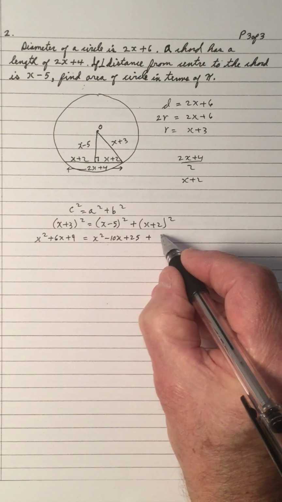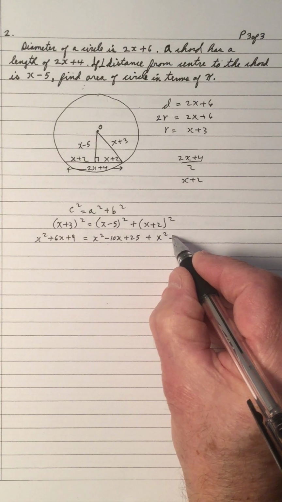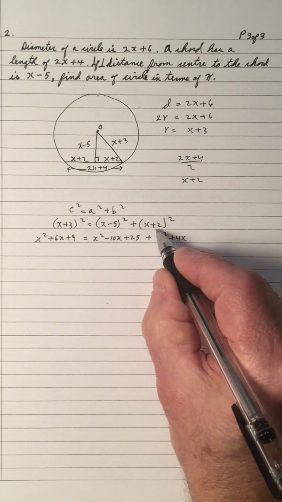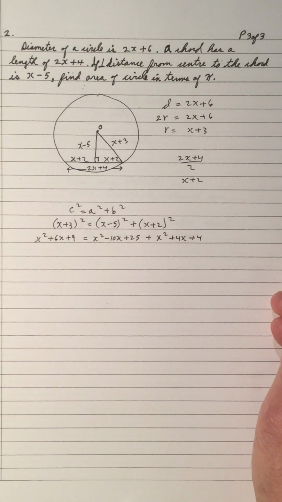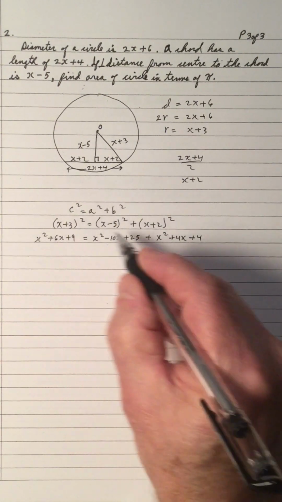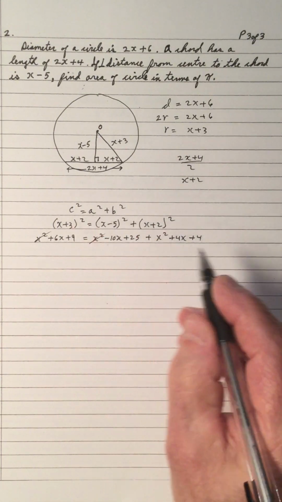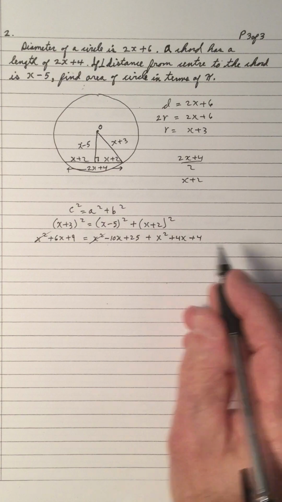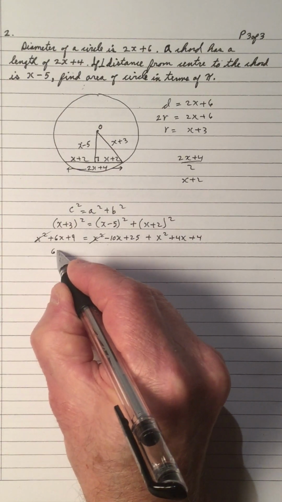Plus, square this one, take the x and square it. The product is 2x doubled, 4x, and plus 2 squared is plus 4. Now, I see an x squared here and an x squared here, so I can just scratch them out. If you've got an equation with the same terms or numbers on each side, you can scratch them out right away. But let's simplify